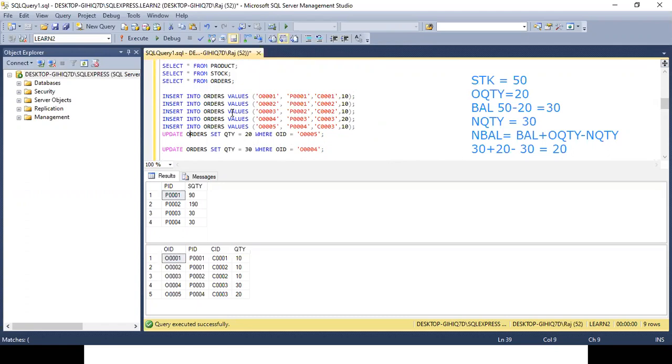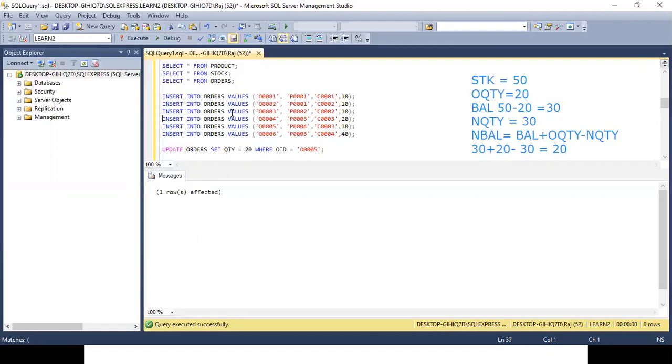We have 30 in stock. So let me place an order for P0003. Order number 6. Product number 0003. Customer number, let's take 4. Ordering for 40 of this product.